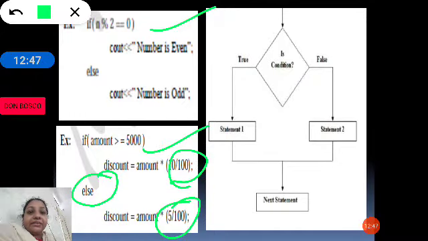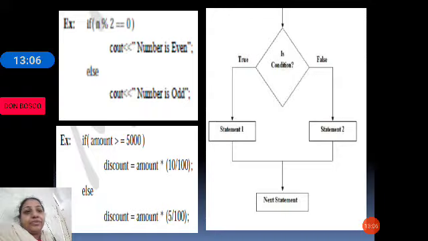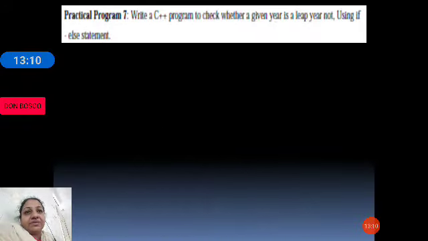After dividing a number by 2, we get the remainder, and if that remainder is equal to 0, then the number is even, otherwise the number is odd. So, this is about the if else statement. Let us see the program based on if else statement.